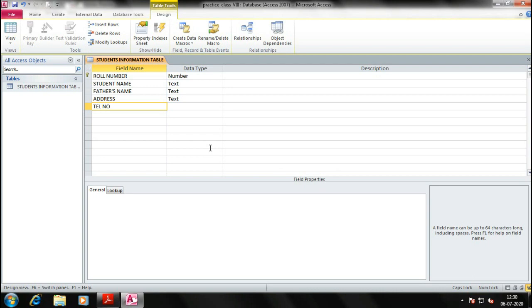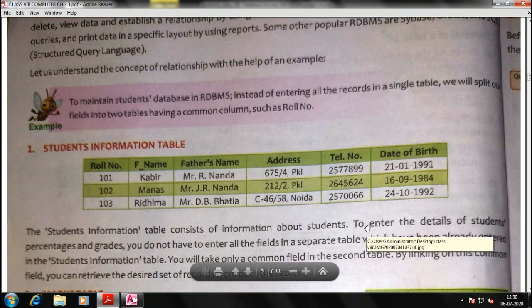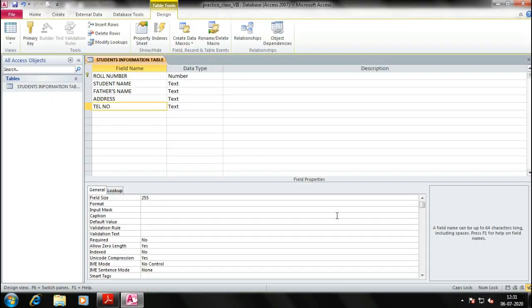Okay, telephone number, telenum. You can see that here tel dot is written, but this is a table created in Excel. While writing this book, they created this table in Excel just to demonstrate to you, right? But here dot is not allowed, so either you write mobile, or telephone is also correct.